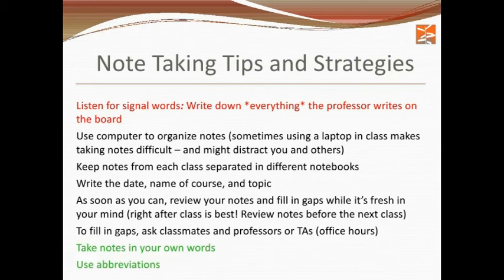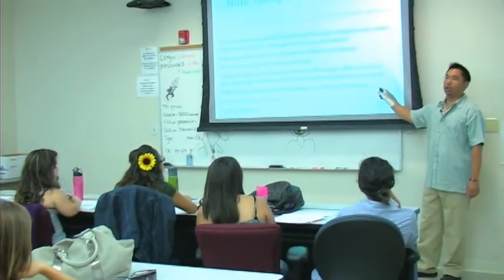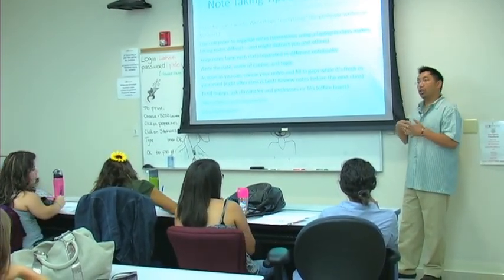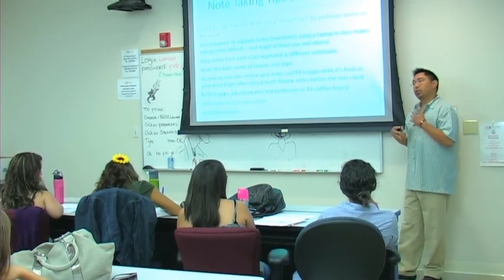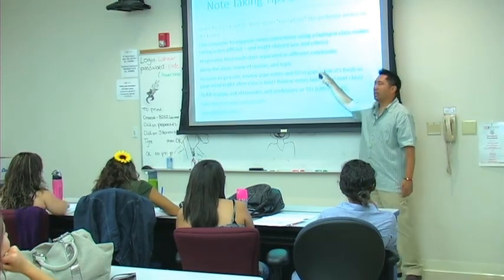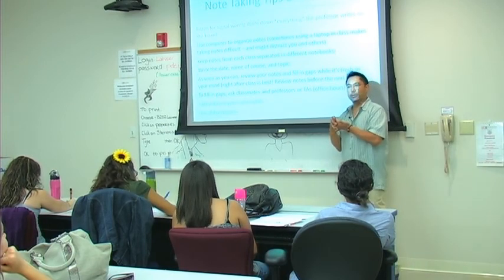How many of you have heard the term orange and gray form? How many of you went to orientation? How many of you don't remember anything about orange and gray forms from orientation? Okay. One of the things we ask you to do every single orange and gray form is go seek your professors in office hours, your TAs in office hours. Again, it's not enough that we're giving you money. It's also you taking ownership for your education. And we ask you to do some of these things. Again, this is all part of an academic success strategy. It's not enough for us to give you money.